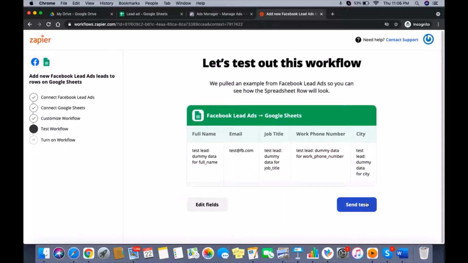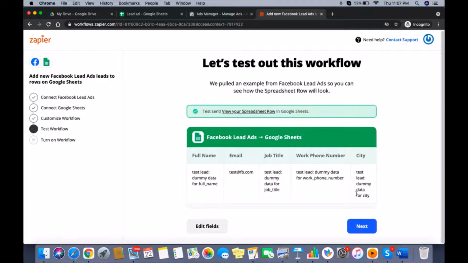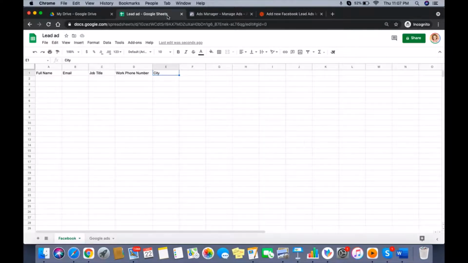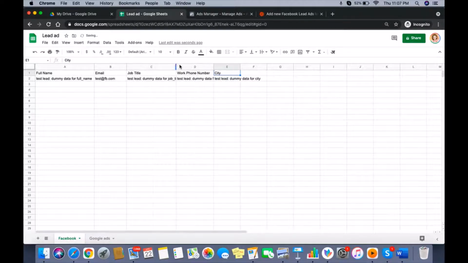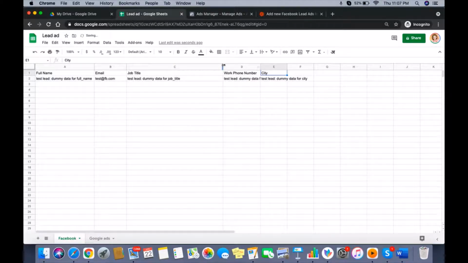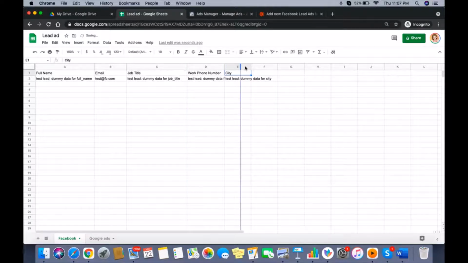So let's give it a try. Now we are going to see, if you're running a lead campaign, and once a person sees your ad on Facebook, he fills in his contact details and everything, what happens after that. We are going to see that. Okay. So now you can see here, it automatically sits on the exact job description. I mean, it is perfectly mapped, right? So this is how it works.